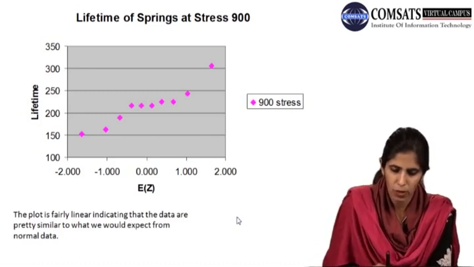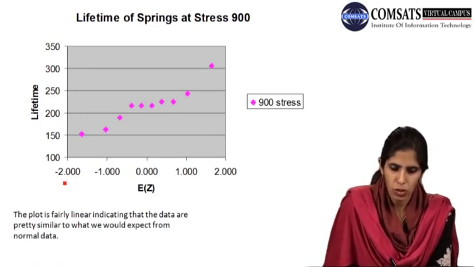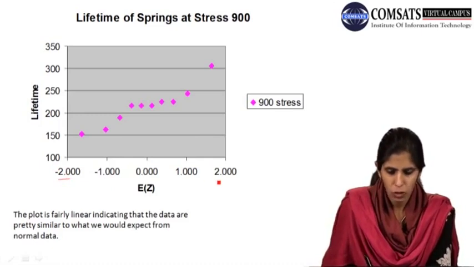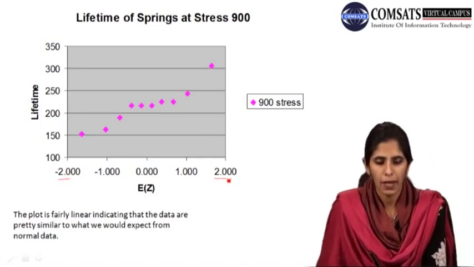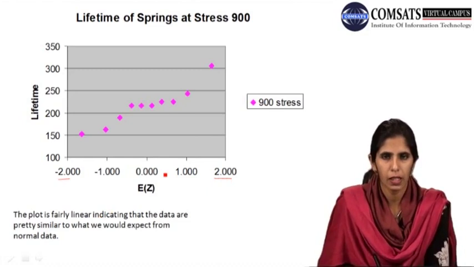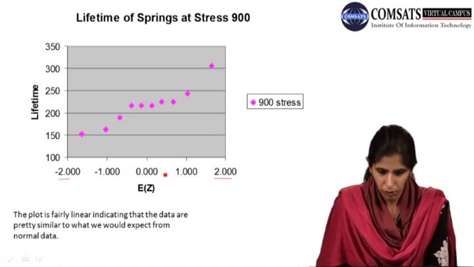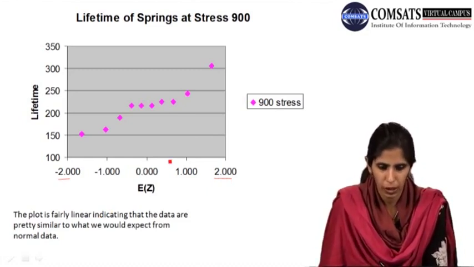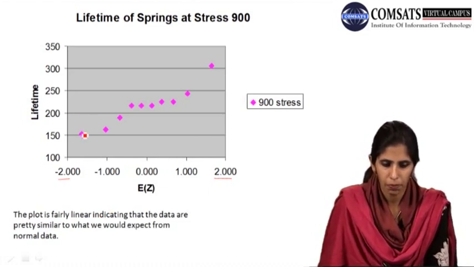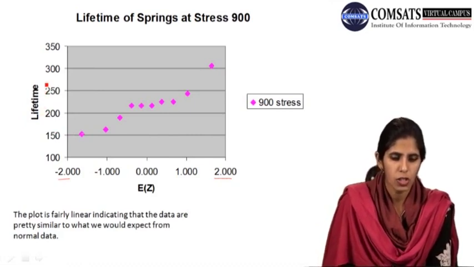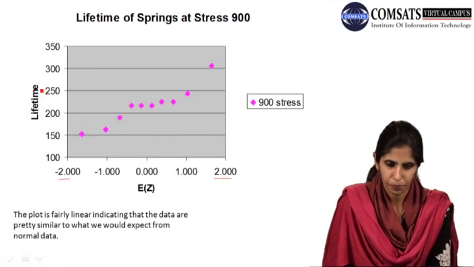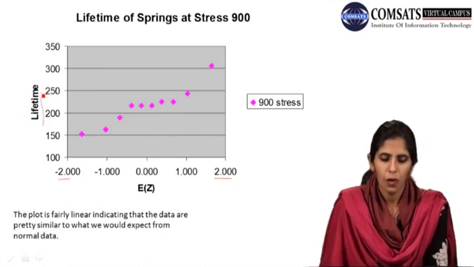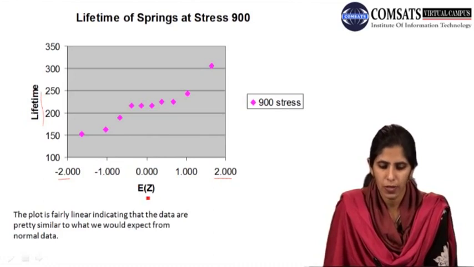Exactly, the values that appear were in the range of -2 to +2, and we have identified their plotting with the given plot of lifetime, which is presented in the form of x. In this form, when we plot the expected value of z, we get a fairly linear plot,